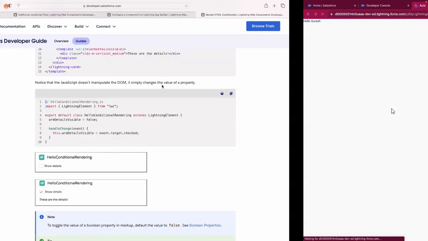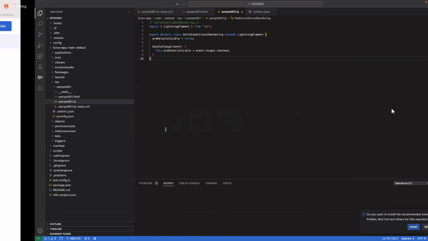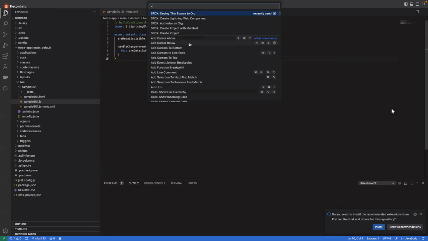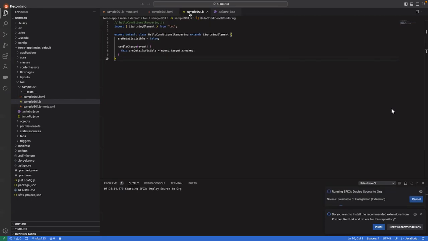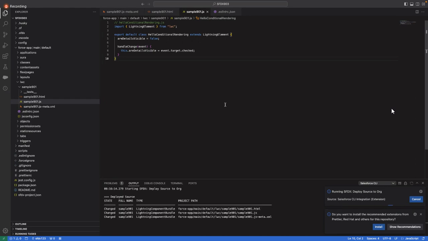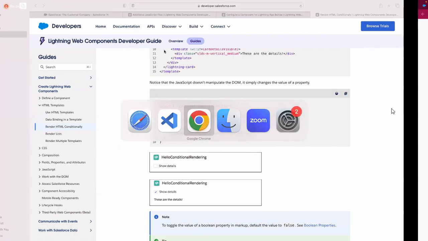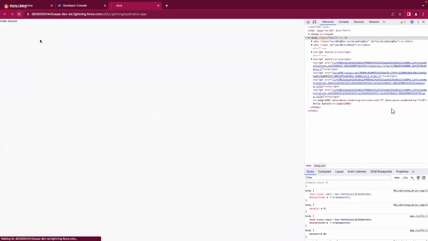Why is it not working? I just saved it. I need to deploy it, right? How to deploy? Control Shift P. Deploy this source to org. Deployment done. Now, if I go and refresh this,